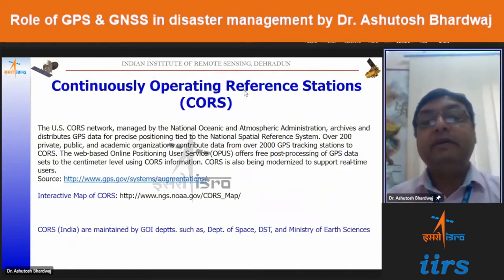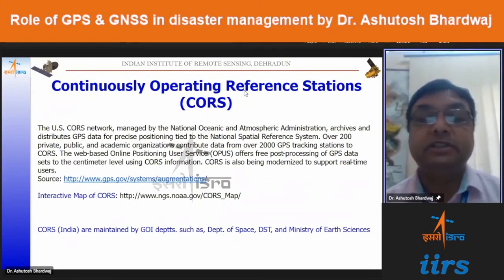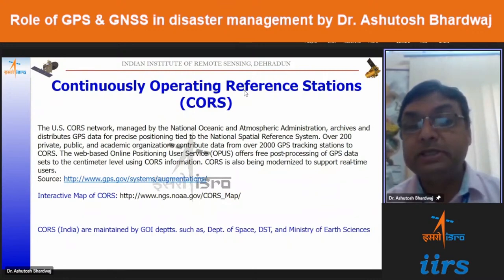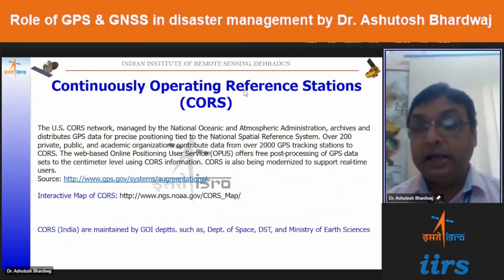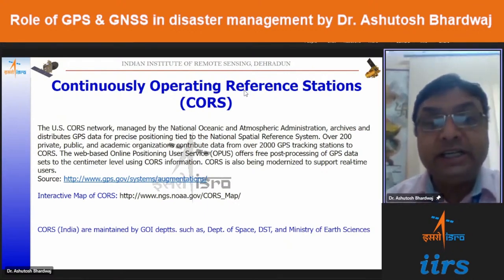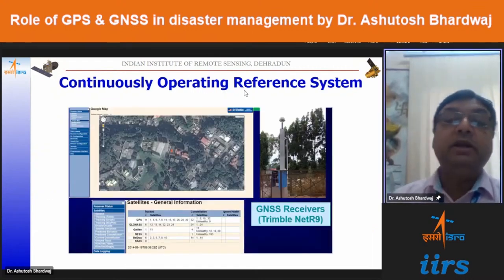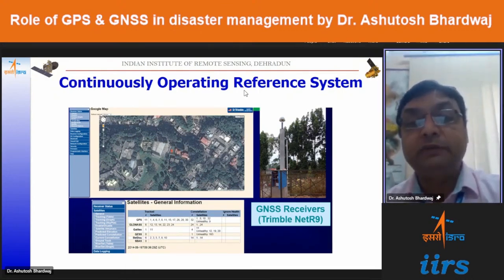Now, besides this PPP, we also have a network of CORS, continuously operating reference stations, across India developed by various agencies like the Department of Space, DST, and the Ministry of Earth Sciences. The Survey of India has established the network in a few of the states, which are completed, and they are developing it all over India. So on full completion, very soon, we are going to have about 900 plus CORS established by Survey of India